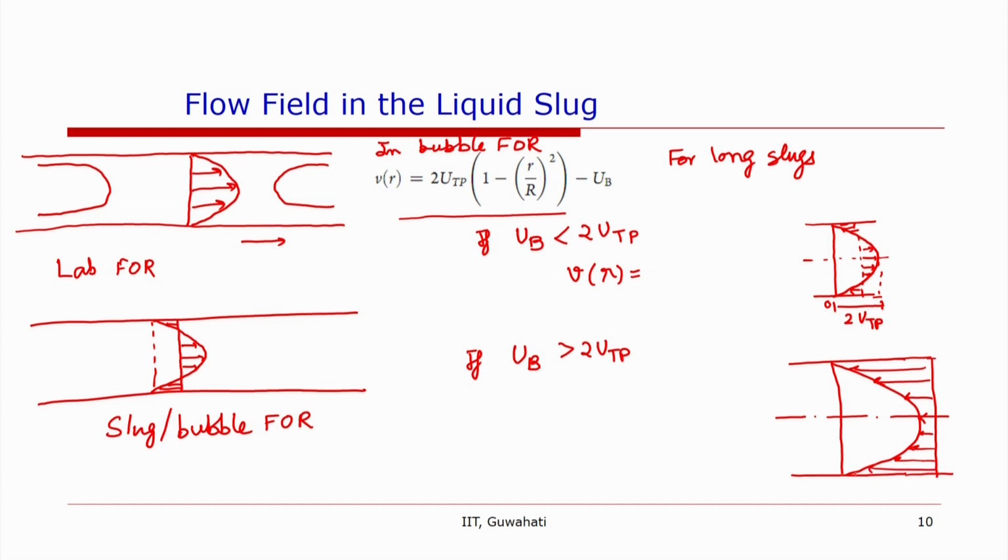But it is unlikely for such a condition to be present for air water flow, for example. So in this case there is no recirculation